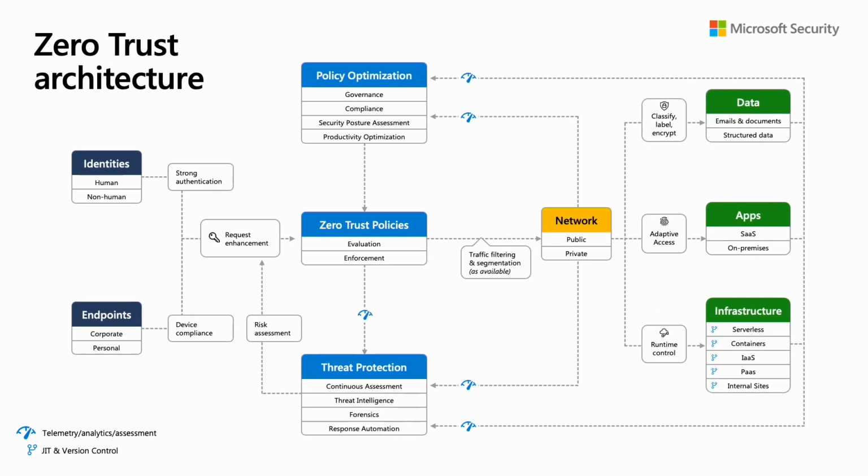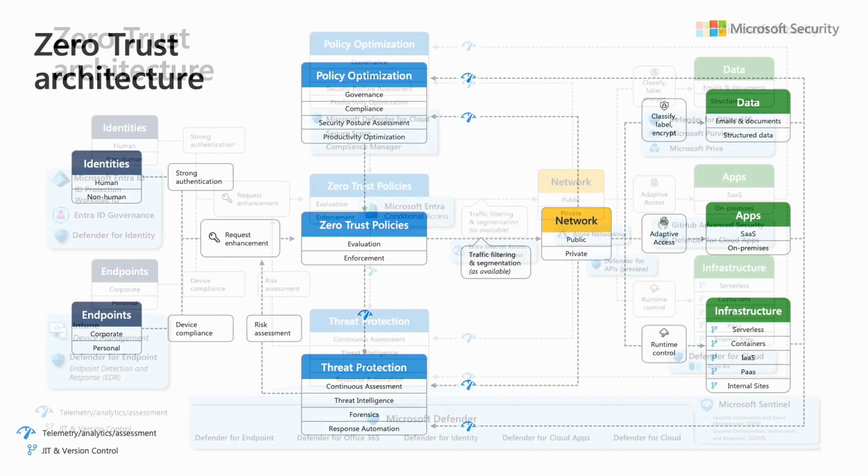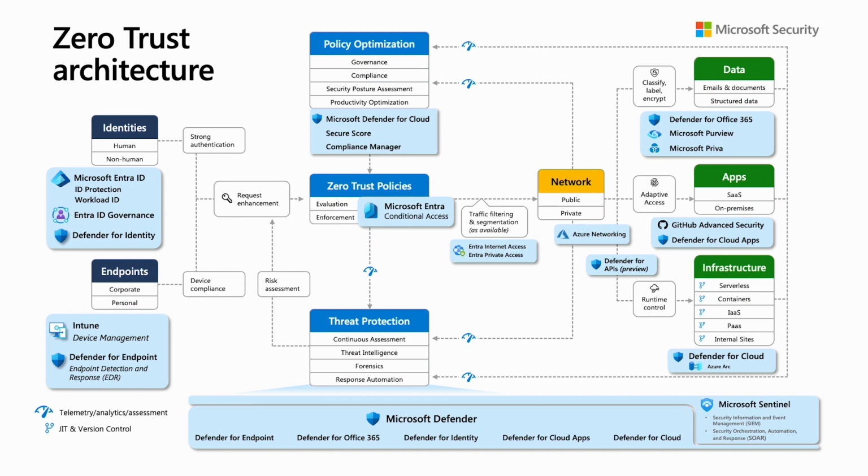Now, moving on to the zero trust architecture from Microsoft, not too different than the others, very much policy driven in the center, and then each of the different technical pillars of identity, endpoint, data, apps, infrastructure, and network laid out there. And then the threat protection, another name for security operations or security analytics, very much an interconnected piece across the bottom there. And then, moving on to the next one, you'll see all the Microsoft technologies then mapped to it. Of course, it's a Microsoft diagram, so we're always going to be mapping to that.